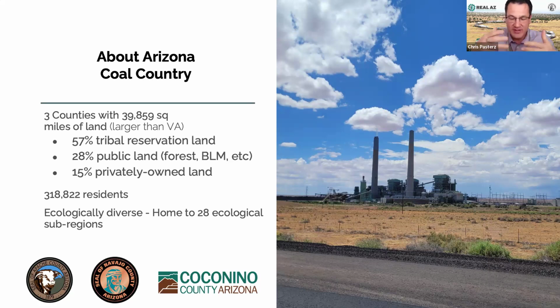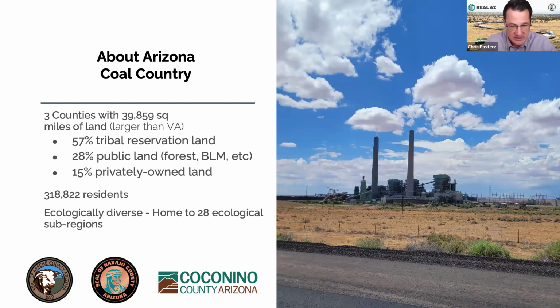And then when you look at the way that we're broken down as far as land ownership, about 60% of our land is sovereign tribal nations. We've got a lot of federal land, and we've got a little bit of privately owned land. But what we realized in our region is that we're going to be going through an economic transition over the next few decades. It's already begun. We've had a coal plant close. We've had a couple mines that fed that coal plant close, and we've got 3 more coal-fired generating stations that are looking to close. One next year, and the other 2 are going to be within the decade.